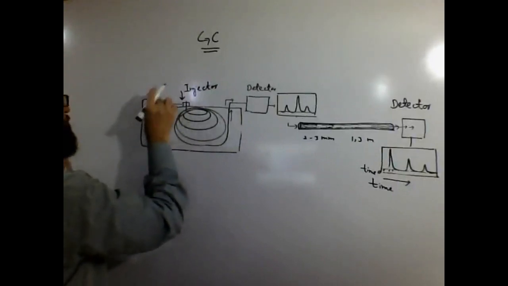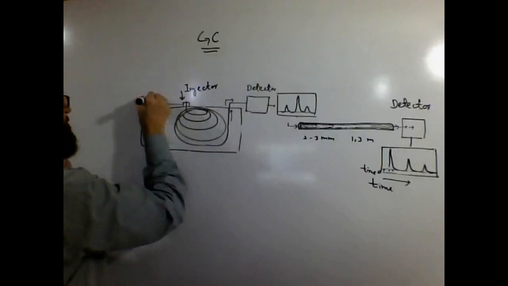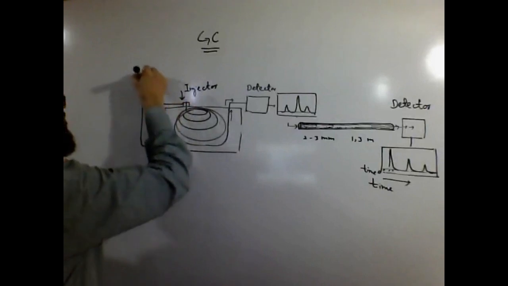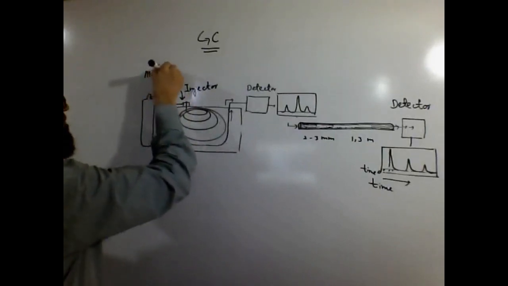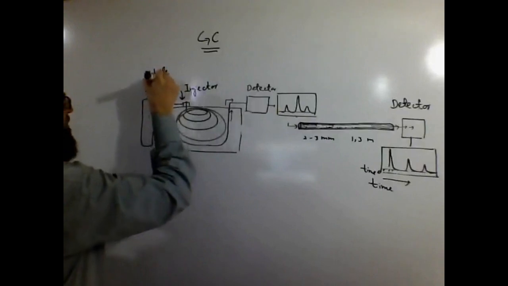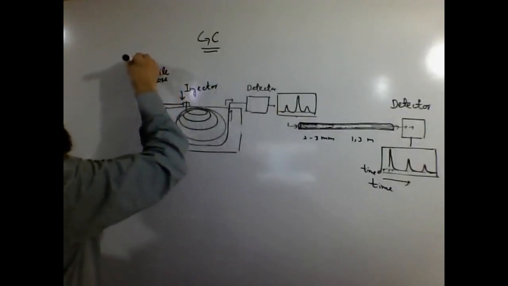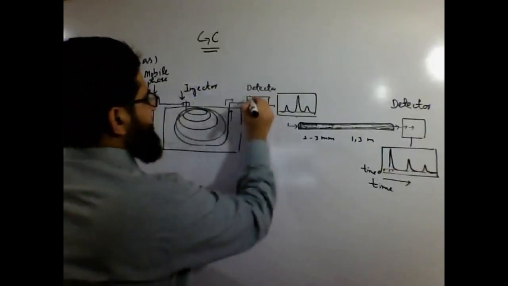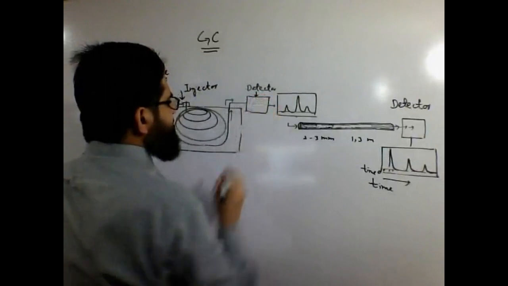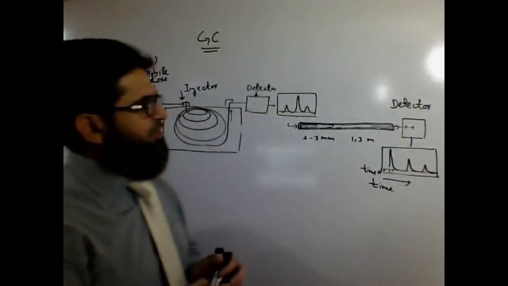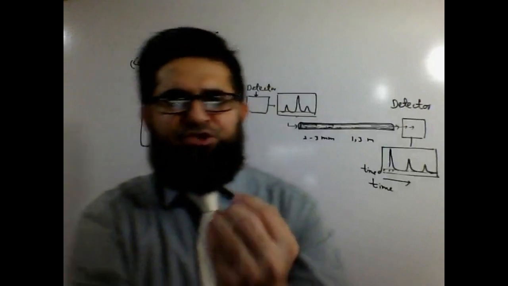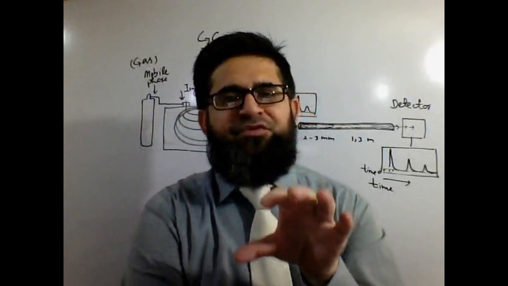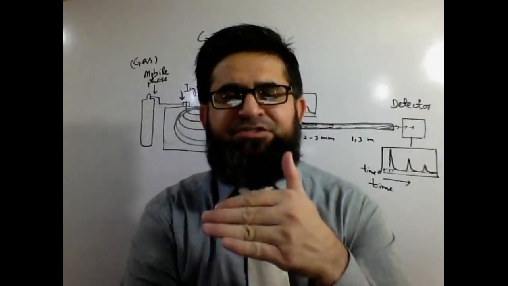Usually they are supposed to be helium or nitrogen gases. They actually send the mobile phase into the column. The mobile phase is supposed to be some sort of a gas. So this is a very simplified diagram. GC actually helps us to analyze those compounds, those samples which are volatile in nature, which can be